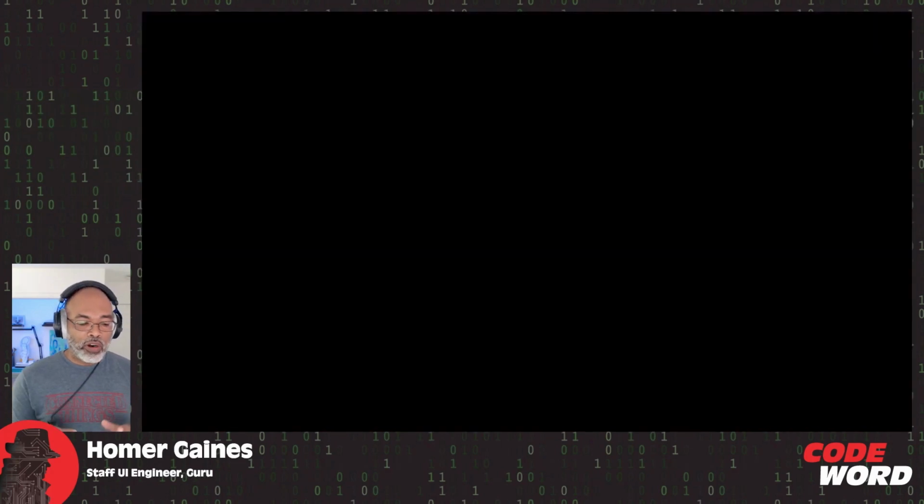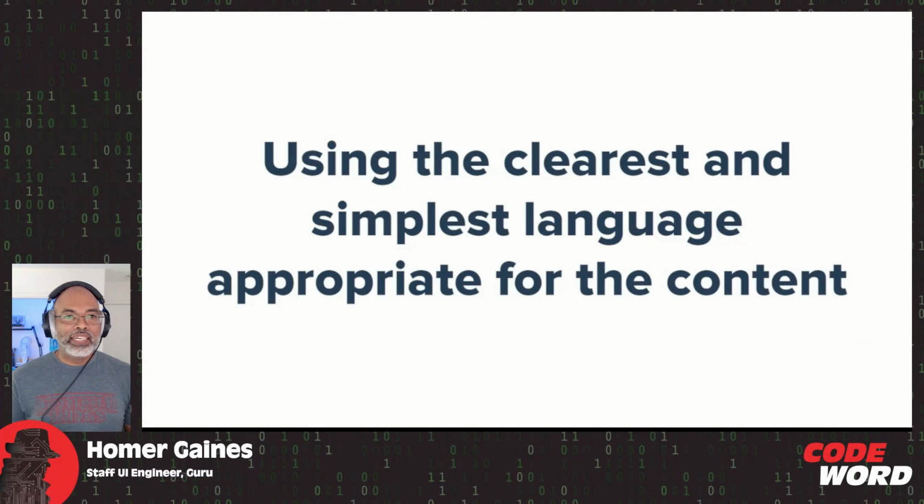We've all seen documentation that is written in such a way that you have to scratch your head or go back and read it several different times because it may be using industry jargon that you're not familiar with, or a different language, or phrases and slang that you're not familiar with. How many times have you found yourself reading something, and you have to Google that word or that acronym to at least get an understanding of what was just presented to you? So, using plain language, simple language.